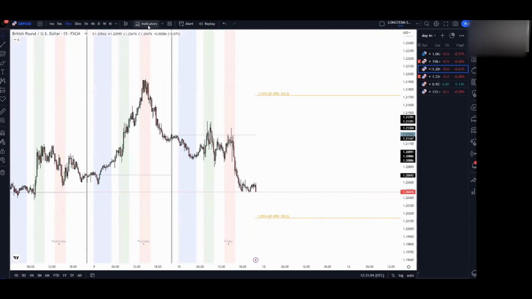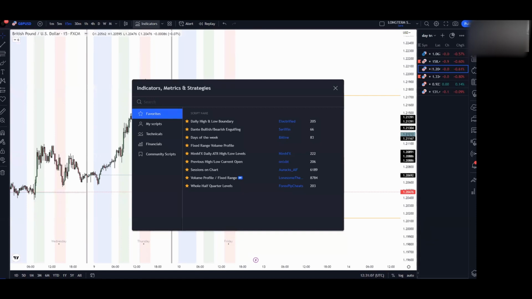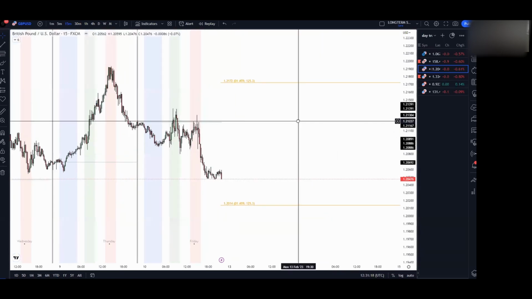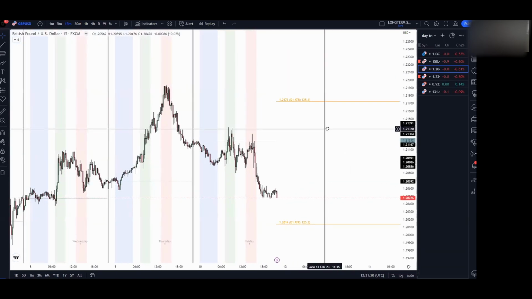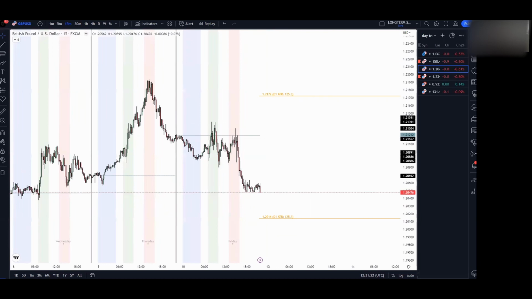The indicator that we used for this specific test is this one here. If you just have a look at this daily ATR high/low levels, you can place that on your chart, and you'll see that it comes up like this. The idea behind this is that when we actually reach one of these key areas, it almost acts like an area of support and resistance in itself. Not technically, but you know what I mean, with a 60% chance that it's going to reverse